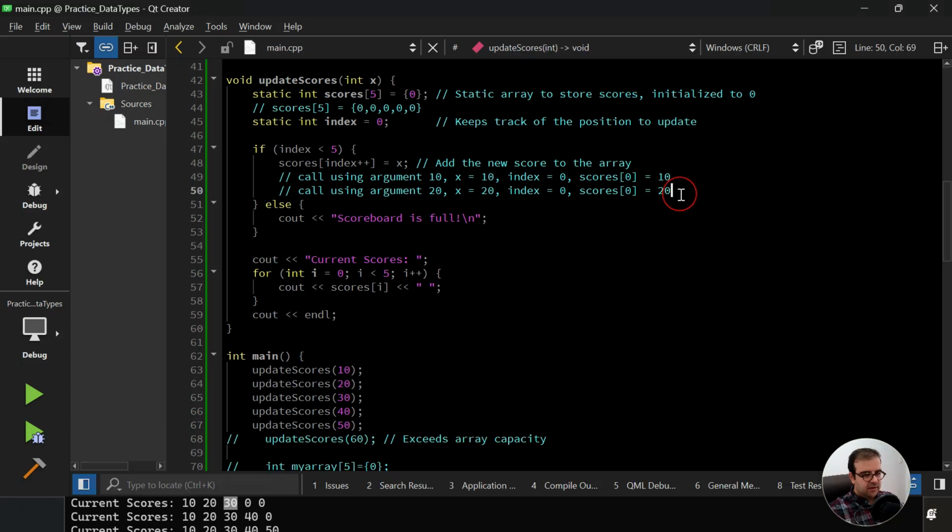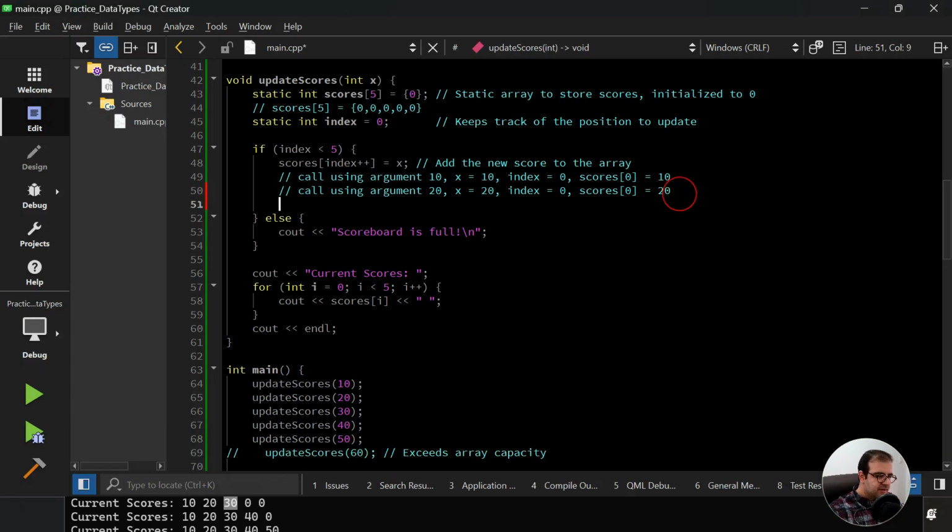So let me also analyze this. So basically it's going to be equal to 1. So now call using argument 30, x equals 30, index this time equals 2, scores 2 equals 30. Okay,